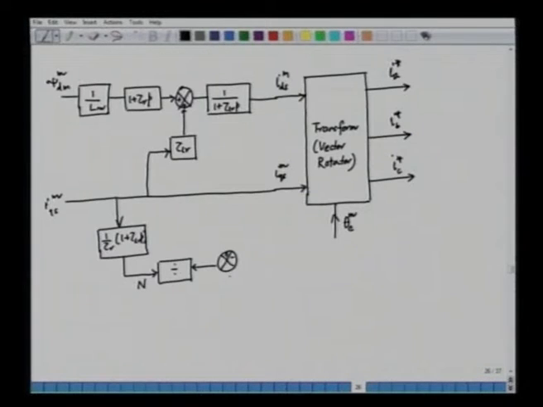This is how we are evaluating it, and this will be coming from the flux, and then the other component is coming from IDS. We have again a gain block here, tau Lr by tau r, that is obtained from this gain block,